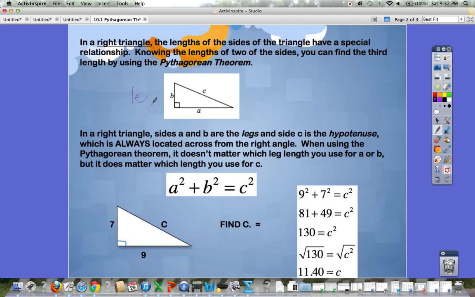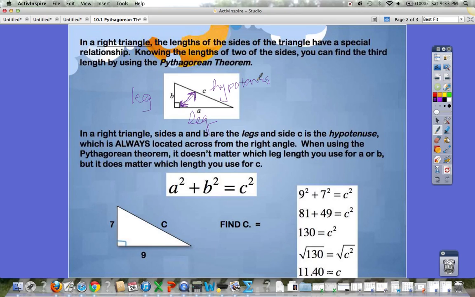Leg. Leg. Right. And this is a leg. Okay? So the A and B are legs, and then side C, which is always across from that right angle, and you can count that, and that's like taking it to the bank. It will always, always, always be across from the right angle. This is called the hypotenuse,